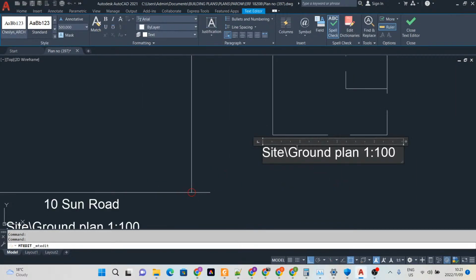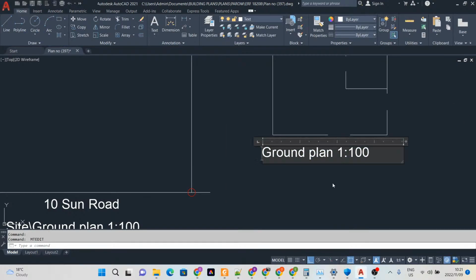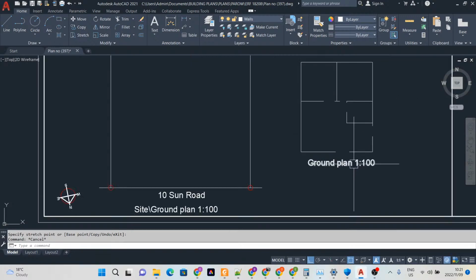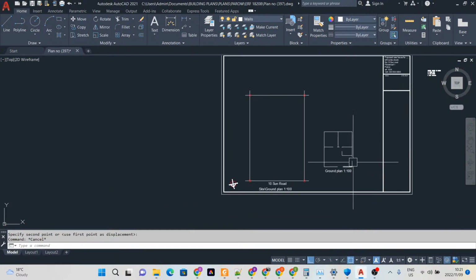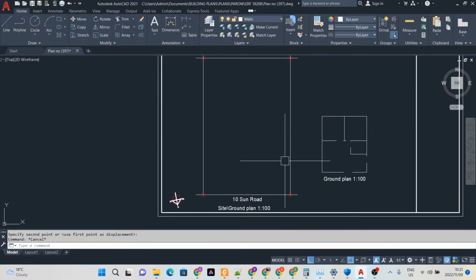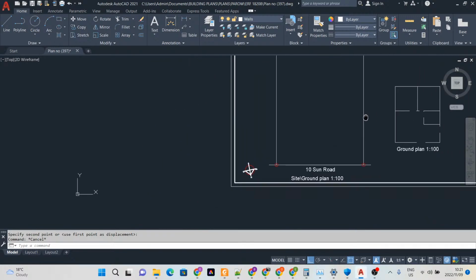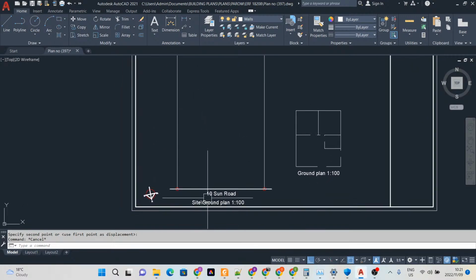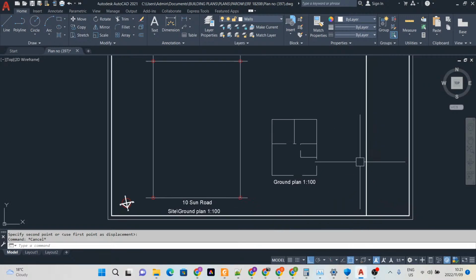So you will then have something like this. This is going to be your ground plan, and then you have your site plan. So this is your site plan, and then this is your ground plan. But in this regard, we put both of them together, which then will be your site ground plan,